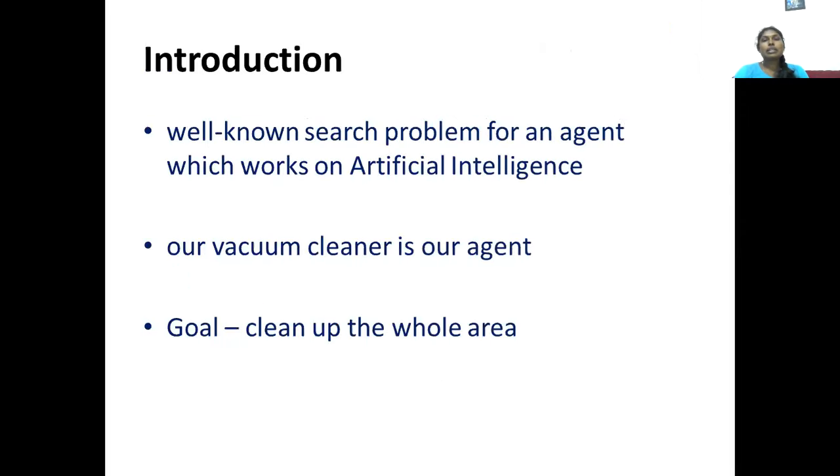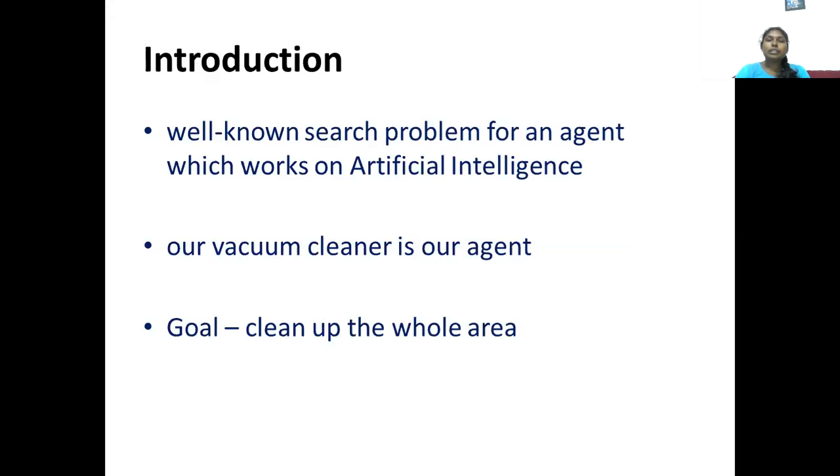So first, in the vacuum cleaner problem, the vacuum cleaner is an agent. An agent is a particular element that does some process, and the environment is the place, the scenario or situation other than the agent. Agent is a particular person or component that does some work, whereas the remaining components present in the current situation, we call that the environment.